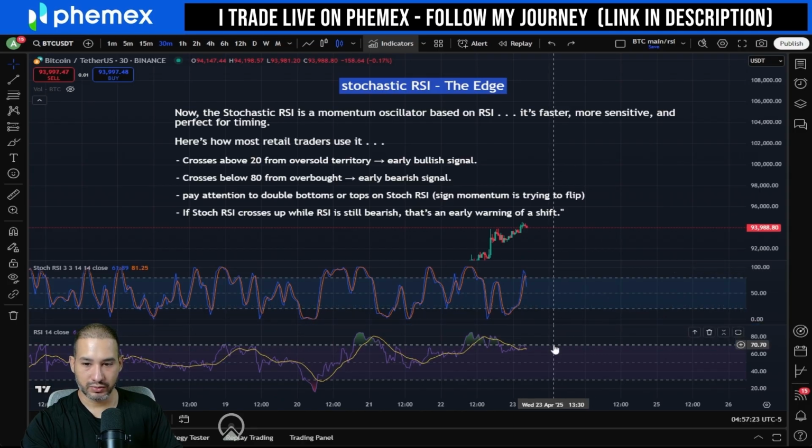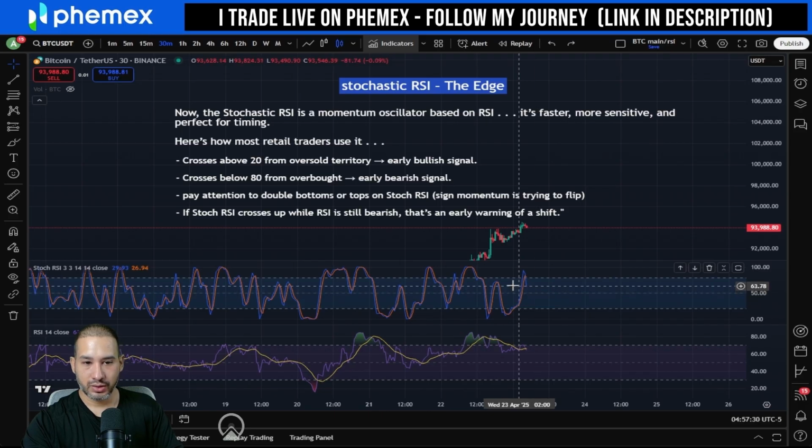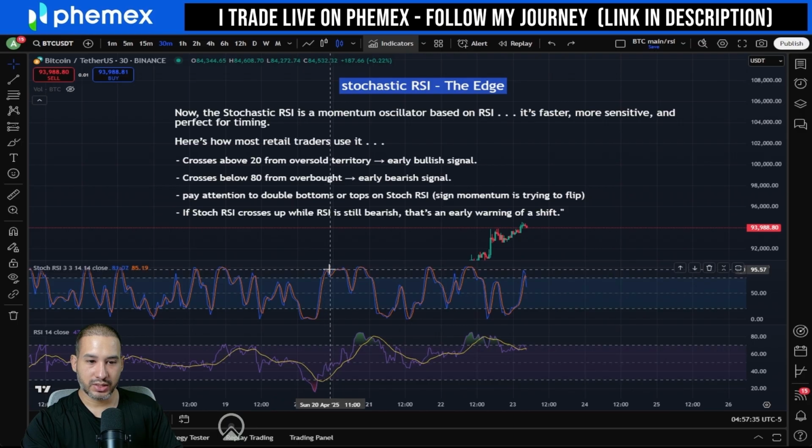Whereas with the RSI, 70 and 30 is where the strength and weakness is measured. But for the stochastic RSI, a lot of retail traders will see this, and once the stochastic RSI gets up here, most people start getting bearish, looking for reversals. They also look for double bottoms, which I'll point out when we come across them. And if the stochastic RSI crosses up while the RSI is still bearish, that's an early warning of a